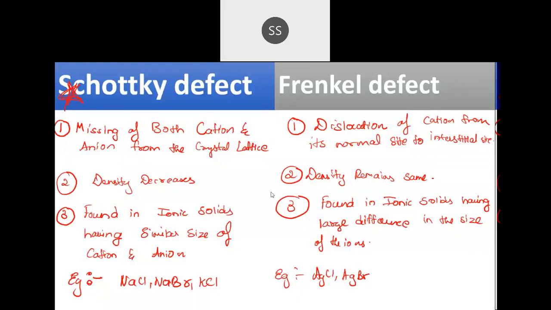Yes, we'll go for the next now. The next defect, the second category, is impurity defect. Impurity means something which is not of the same kind. If I have only rice present, then only rice grains will be there. If a little amount of wheat grains are added, that will be called impurity. If you have some other kind present along with this, it is called impurity.